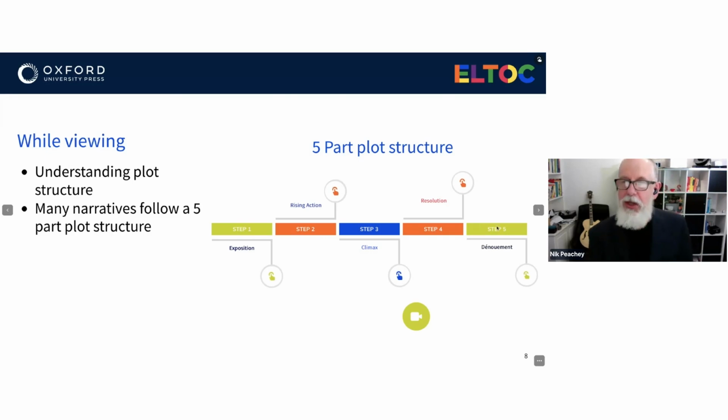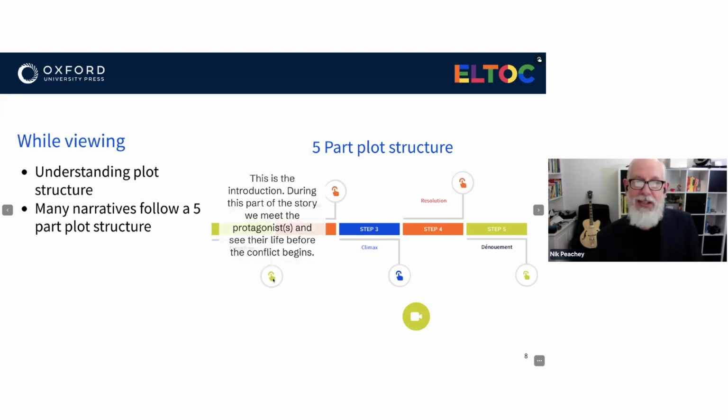And this applies to loads and loads of films once you know this structure. And it's one again that students can use when they get to representing and creating their own videos or their own meaning. And the 5 steps are usually there's some kind of exposition,